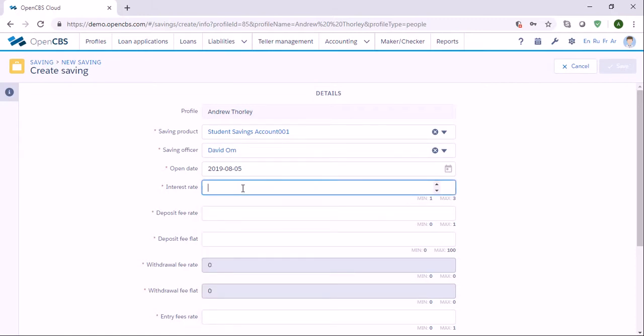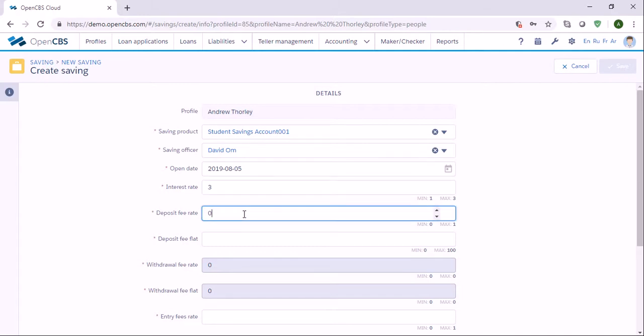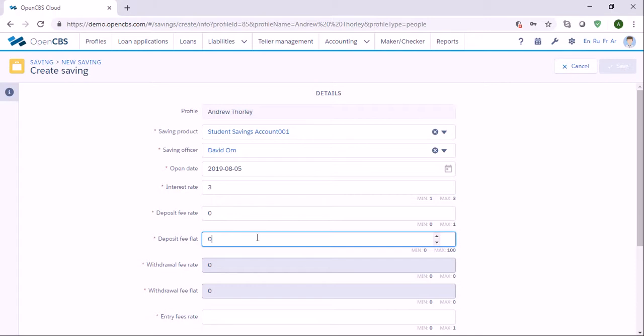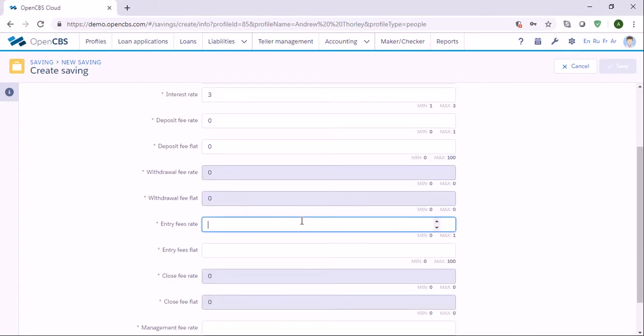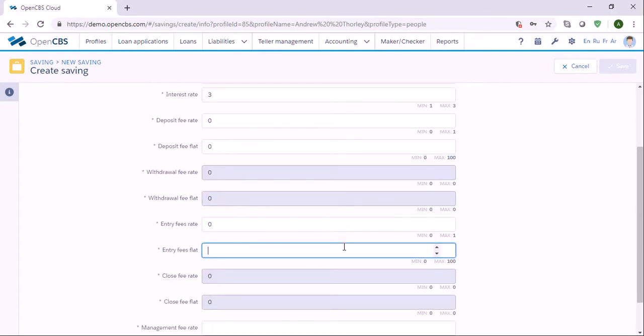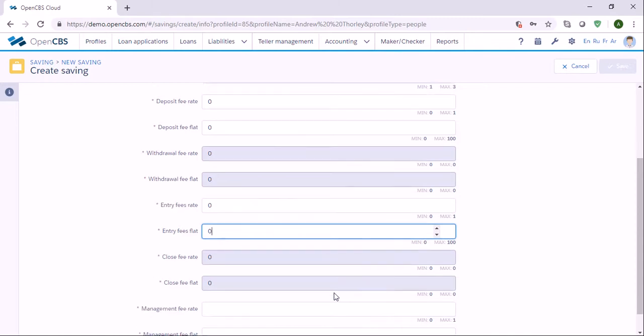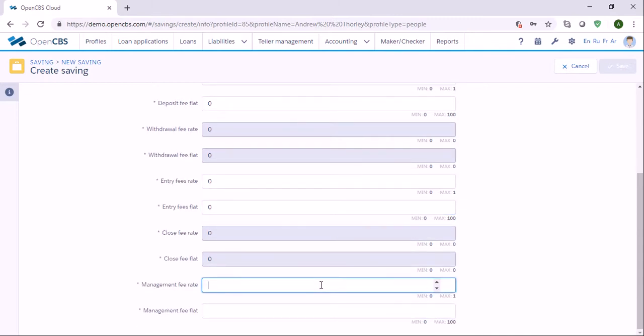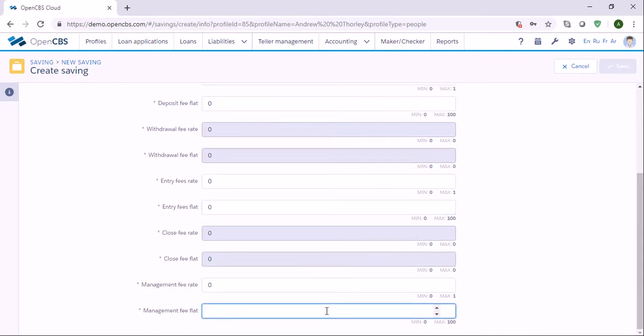Let's say the interest rate is 3%, and let's say there is no deposit fee and no entry fee, but there is, let's say, a management fee of 100, which is taken at the end of each month, not now. Okay, then we can save